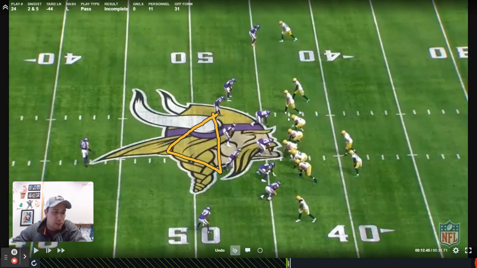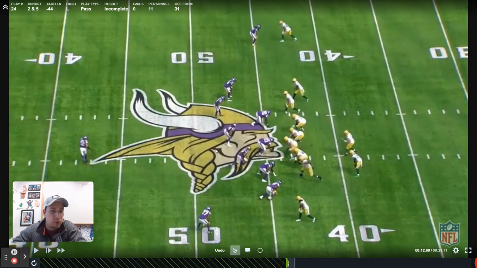Versus cover 3, it's possible it doesn't work. And the reason being that in cover 3, we have a hook curl player on both sides, and we have a curl flat player on both sides, meaning we have 4 guys because there's no one threatening the flat. Those overhang players can attach themselves inside, which means we have 3 guys running through potentially 4, right? We got 3 guys running through 4, which means the concept doesn't work, which is why most